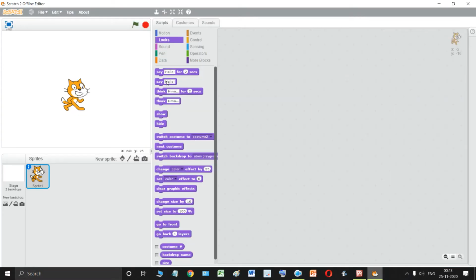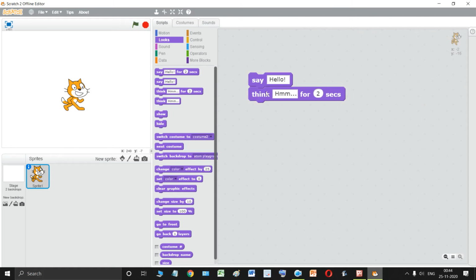If you use this say hello block and click on this, it is not going to disappear until you click on the red stop button, or you take another block and click on that.